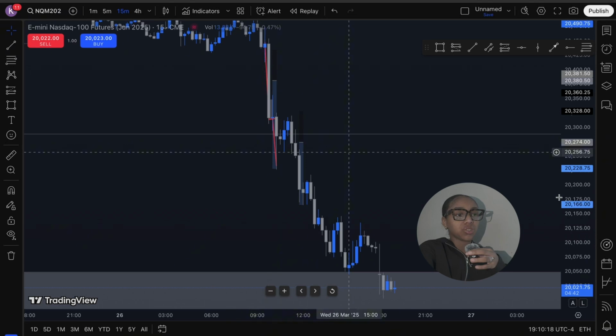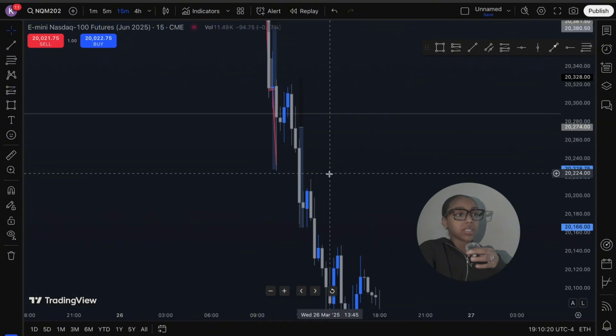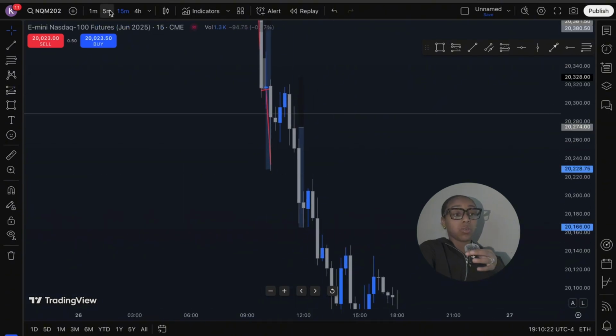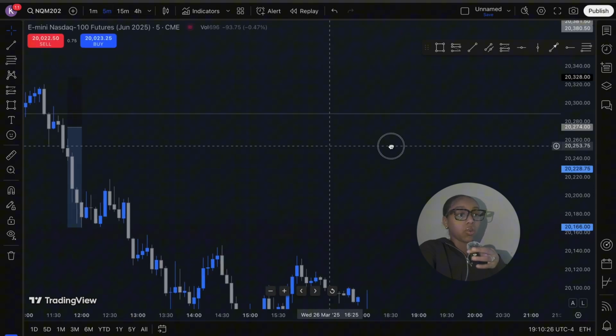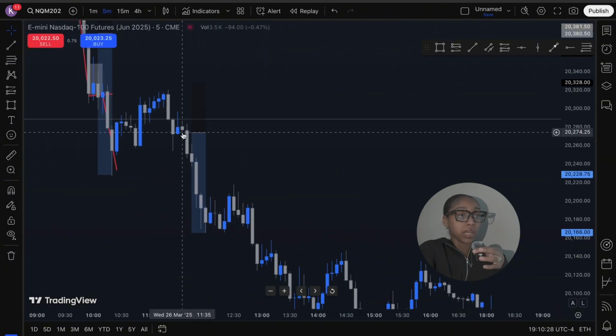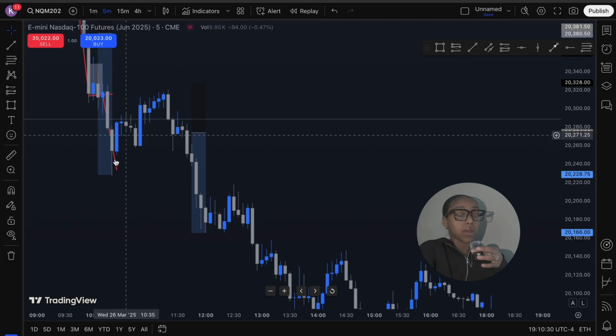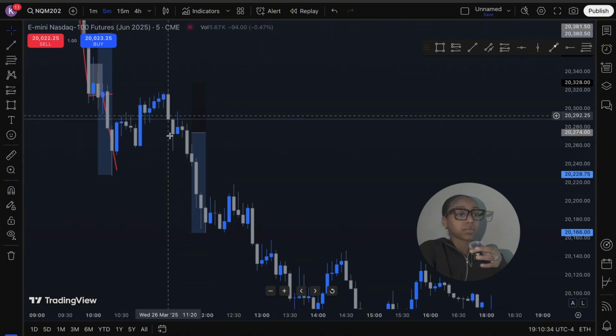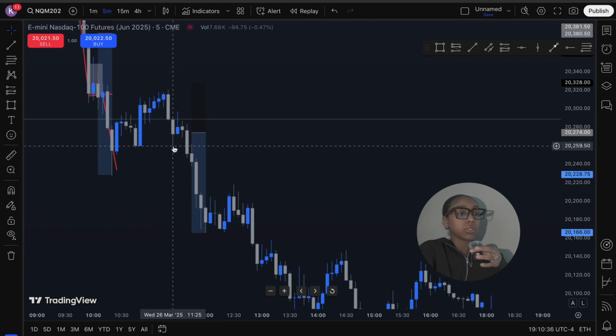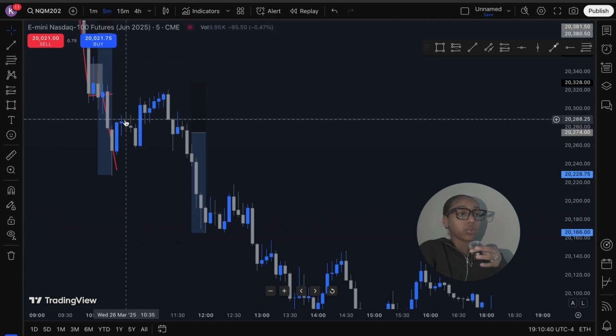I got into this trade a little early, but that's because I didn't enter on the 15 minute on this trade. I entered how I normally enter, which is on either the 5 minute or the 1 minute. What I saw here was we came up, came down, came up, but we were unable to make that higher high. So I saw to the left we had several